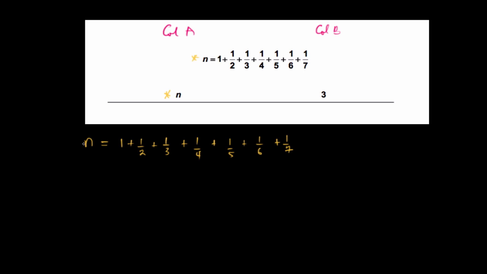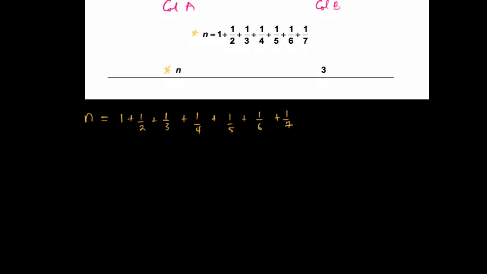And then we're told n is the sum of some certain numbers, and one way to establish a relationship between n and 3 is this. Like I said in a previous video, you shouldn't be thinking of doing all these things manually. You should think about an efficient way of doing this. A tip for problems of this nature is that you can pick the first set of numbers that have an even denominator, because whenever you have an even denominator, it's always easy to add such